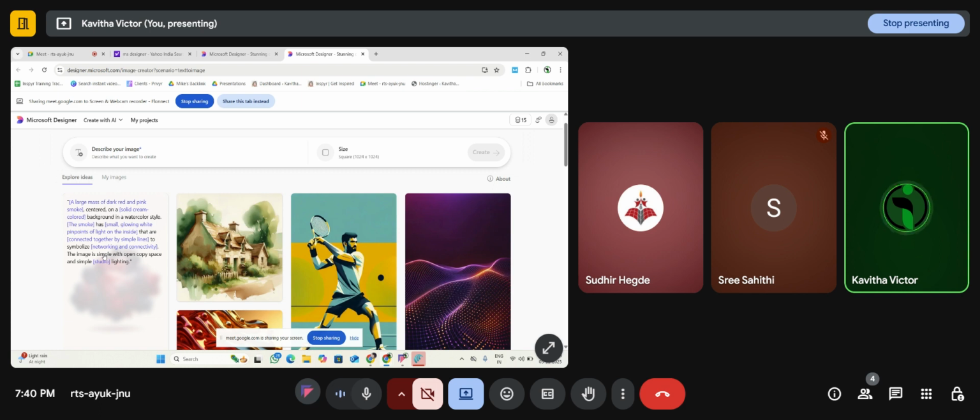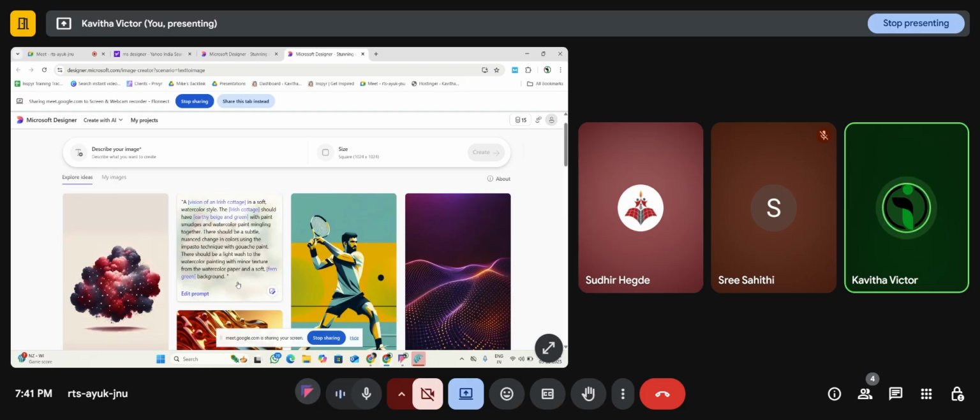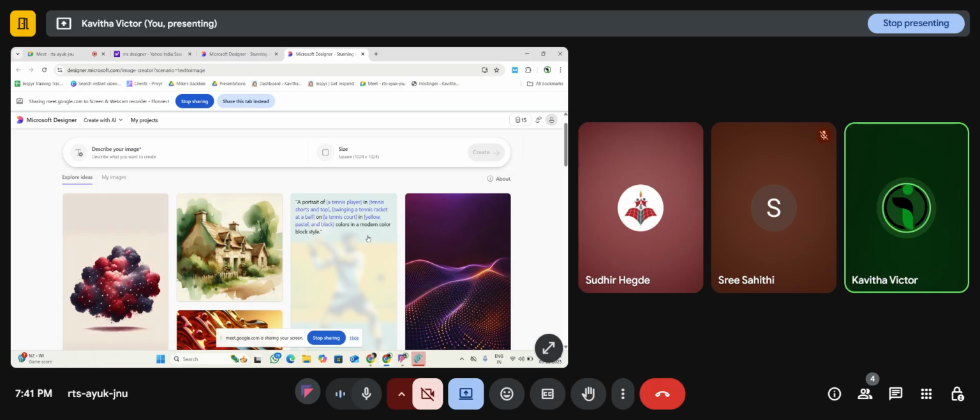You have to give a detailed prompt, describing the image you're looking for with a particular color, style, and the background, everything, so that it will generate an image for you. Like this, you can see the prompt they have used to generate the image, so that we get some ideas on how to use the prompt.